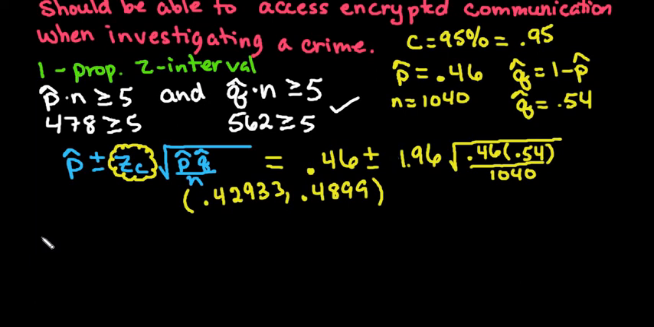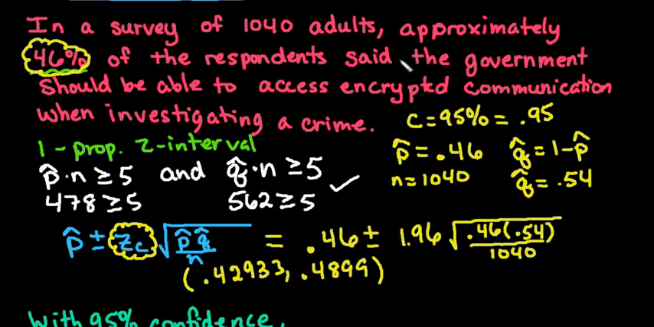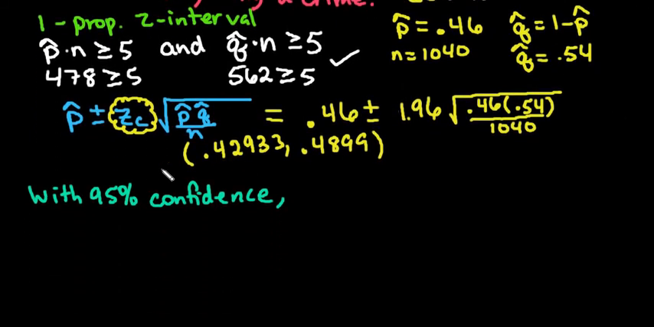So when you're interpreting this, you always start with the level of confidence. So we can say with 95% confidence. And now we have to insert the context. So the context of this one, if you recall, is it's the adults, the proportion of the adults who said the government should be able to access encrypted communication. So we would just write this out. With 95% confidence, the proportion of adults